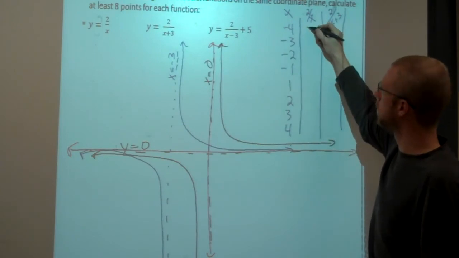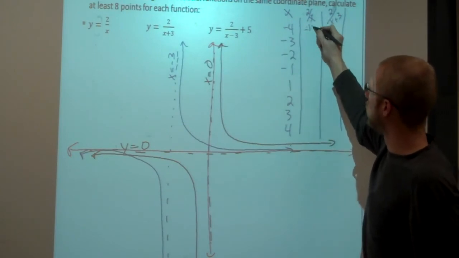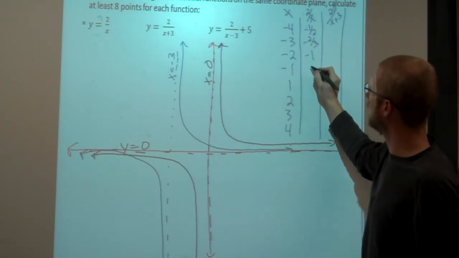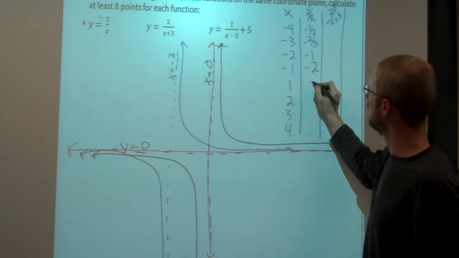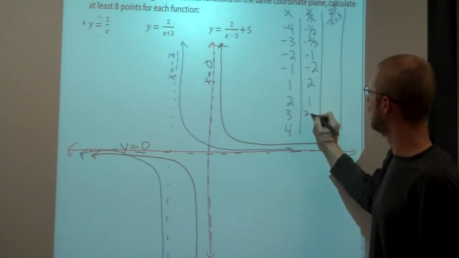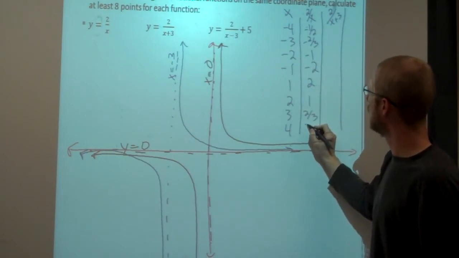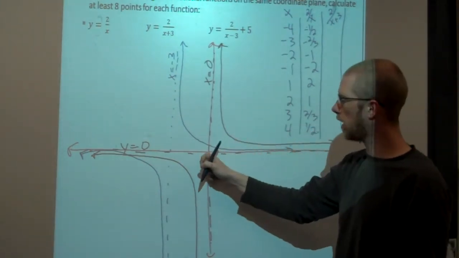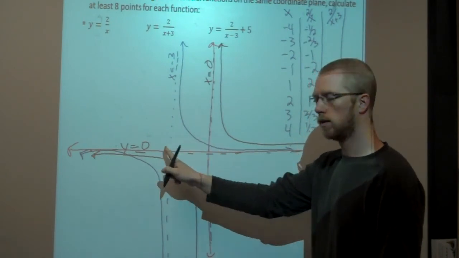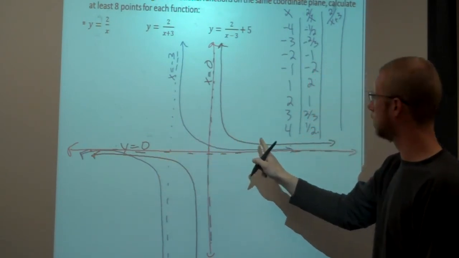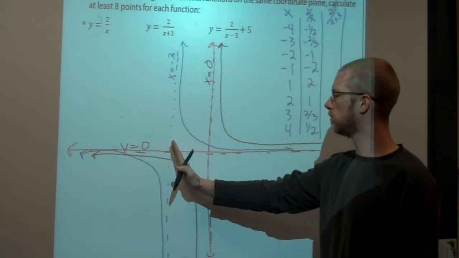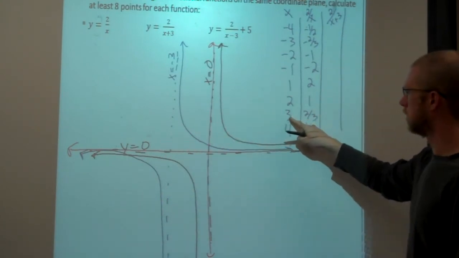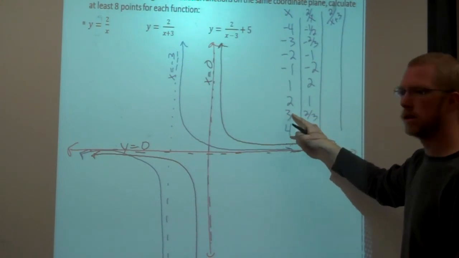Well, if this was -1/2, -2/3, -1, -2, 2, 1, 2/3, and 1/2, all of these numbers, my y value is going to stay the same for this particular one,